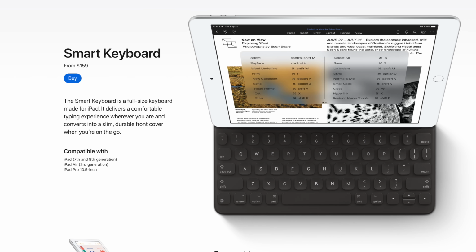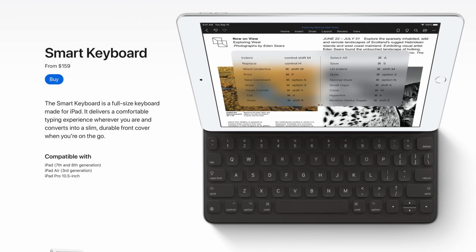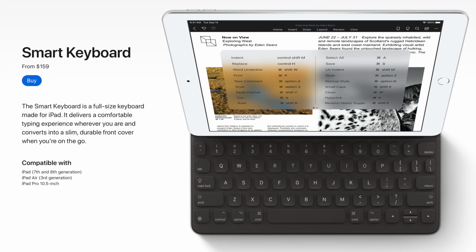And of course, this iPad would still be compatible with all the old budget iPads, smart keyboards, and Apple Pencil, so it's not like you'd have to buy new cases. It would still be the same footprint as those older iPads, just a little bit less chunk on the back, which is cool. And I'll be really bummed out if it turns out it's a thinner design, but still non-laminated, and I hate that that still has to be a thing in the lineup. So the sooner we can get rid of that, the better,